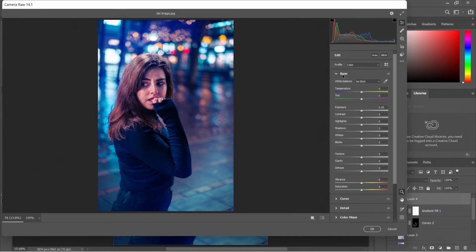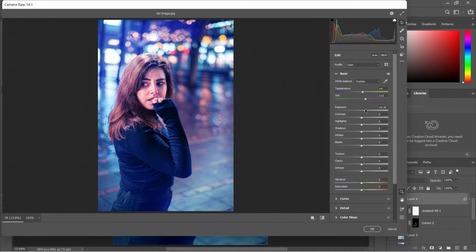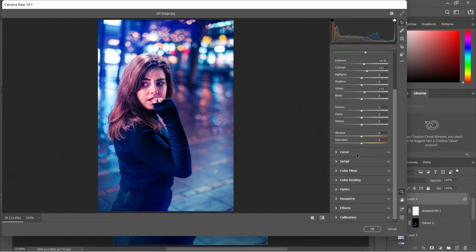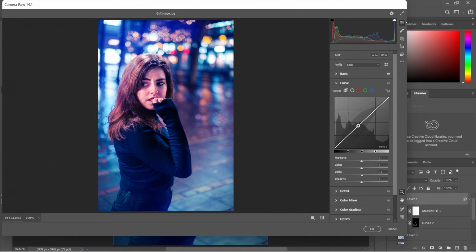We'll go to the basic settings and increase the value of temperature and increase the tint value a little bit, add a little bit of exposure, increase the contrast value and increase the whites a little bit and decrease the black value, and then go to the curves and increase the curve value a little bit